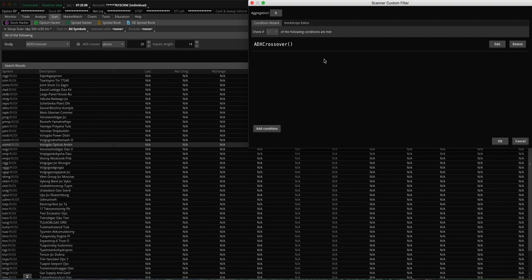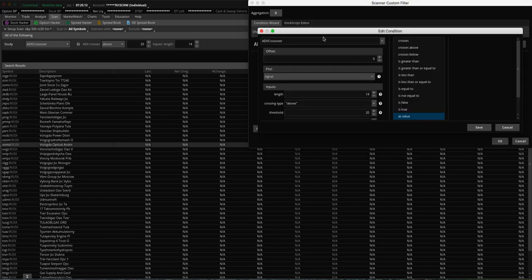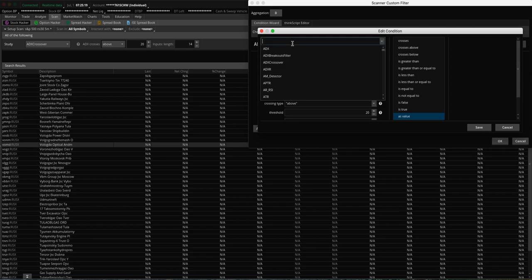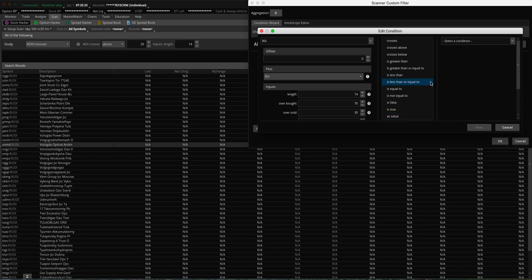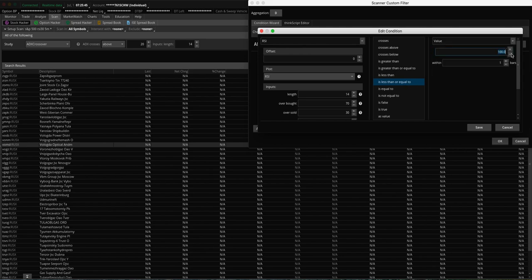So you need to put your condition in your custom section. So hit the edit button and put here study and search RSI, choose RSI, and now it's time to put your condition. RSI is less than or equal to, that means your RSI is 30 or less than that. So I pick is less than or equal to and put the condition value 30, RSI 30, and how many